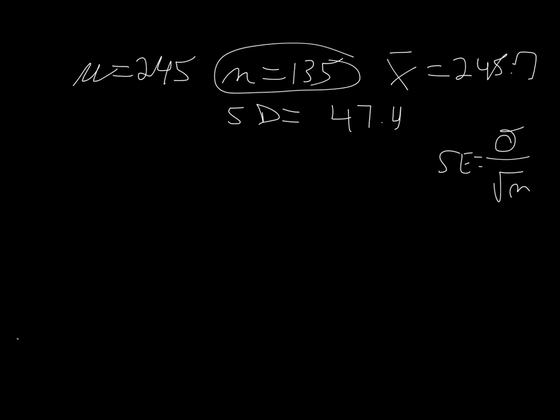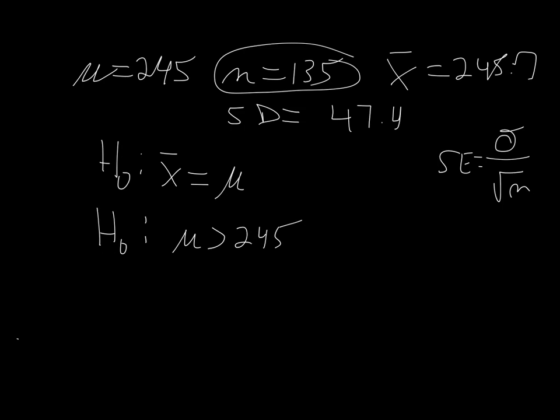So what they're asking you to do is set up a null hypothesis that the mean of the sample is, for all intents and purposes, equal to the mean of the population. So the alternate would be that mu is larger than the population mean. So what they're asking us to do there is, first of all, find a test statistic,